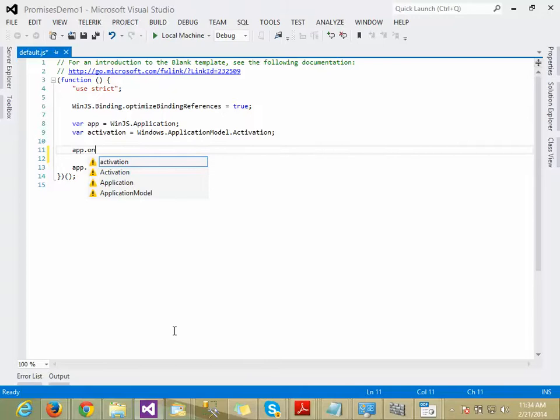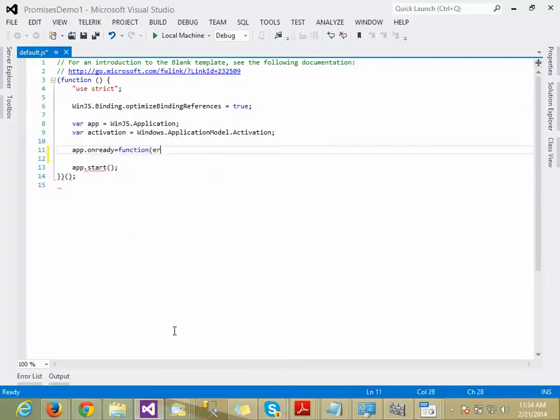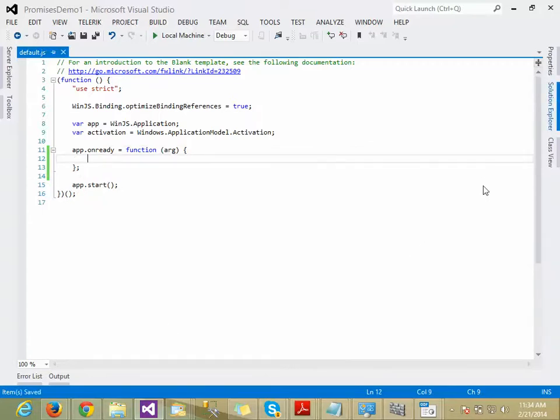Not sure, sometimes Windows behaves like this. But I'm ready. So this is the event we are going to deal with, but before that, let's move to the HTML.